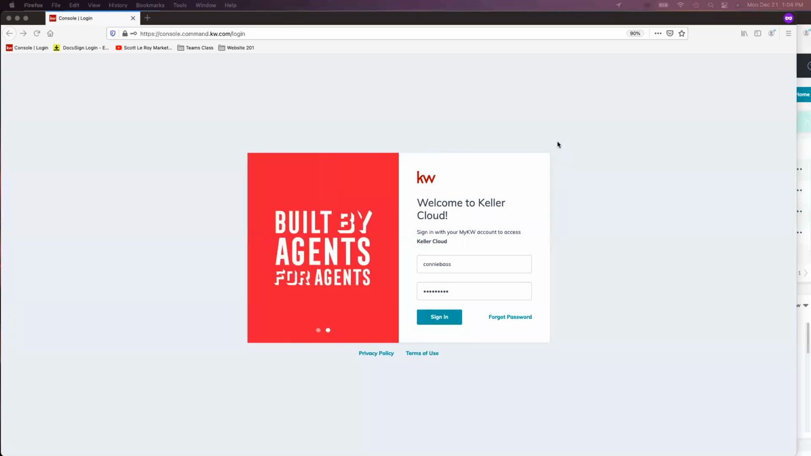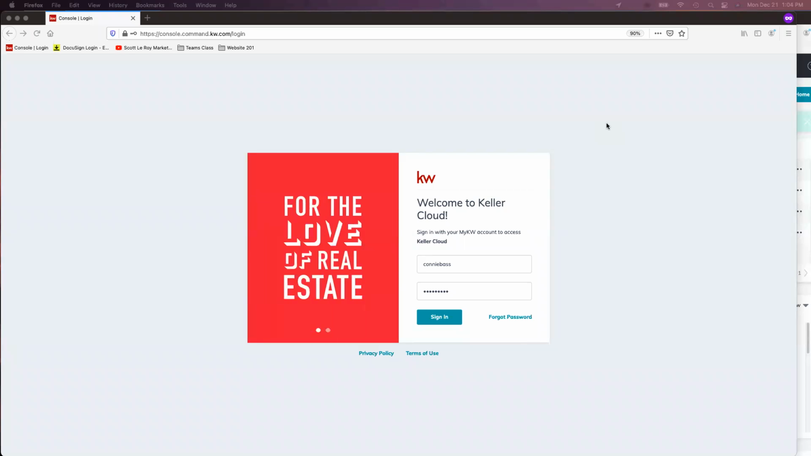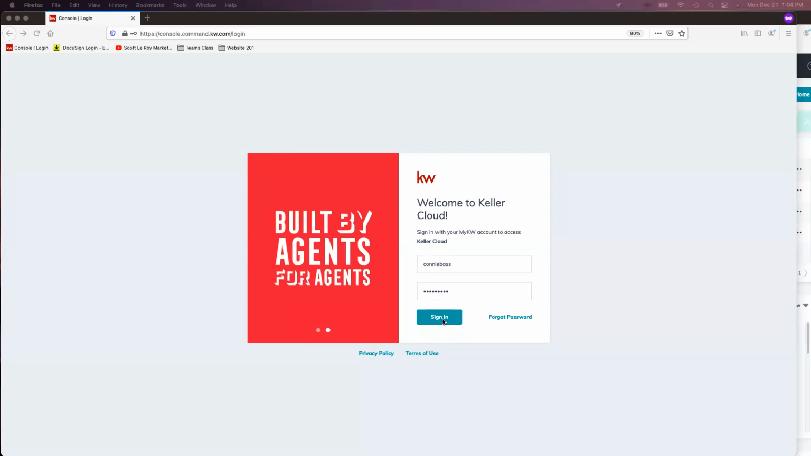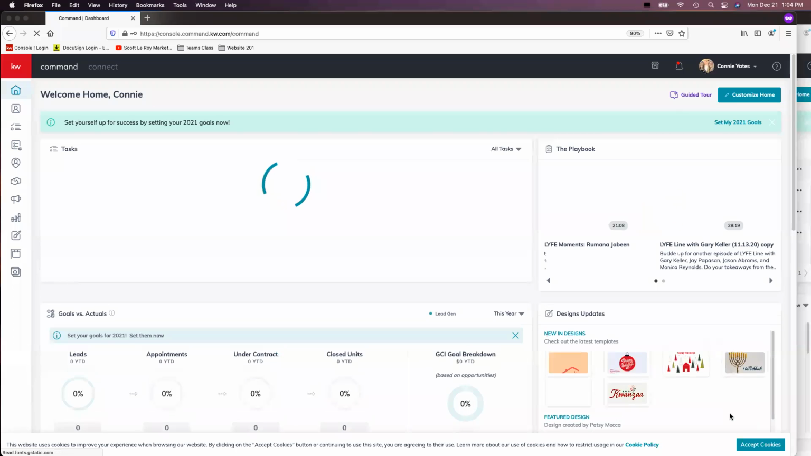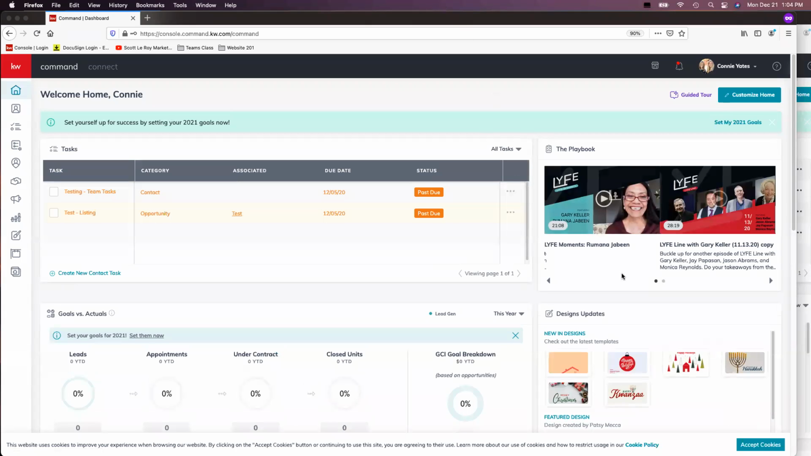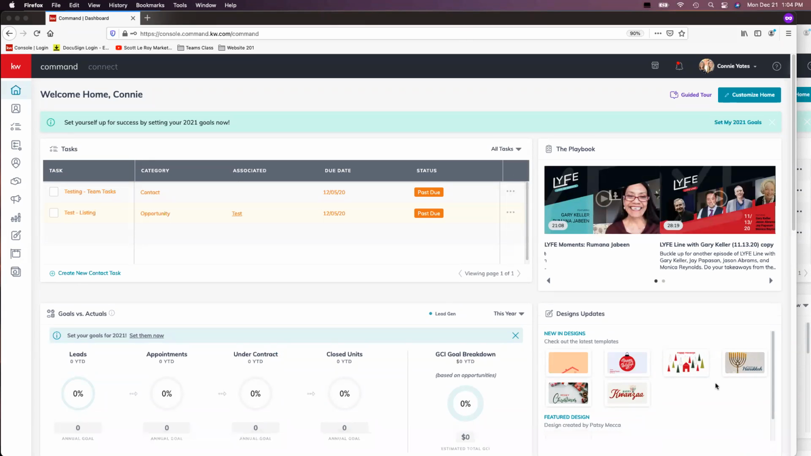But in order to log in, I'm just going through agent.kw.com, and I'm going to be accessing the Command platform. So if you guys are following along, we're just going to log into Command. Once we are in the Command platform, the first thing I really want to go over with you guys is